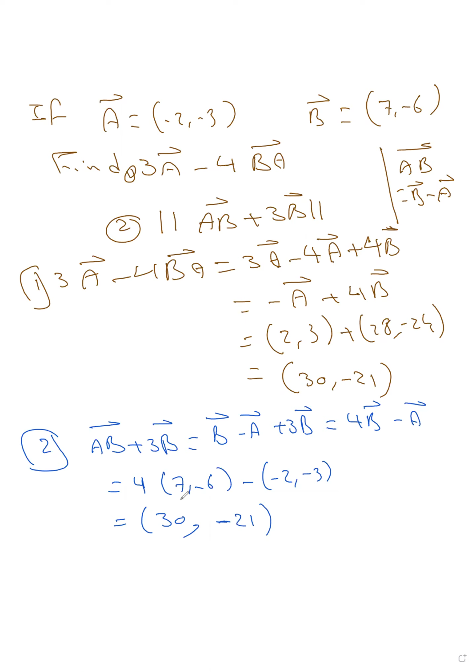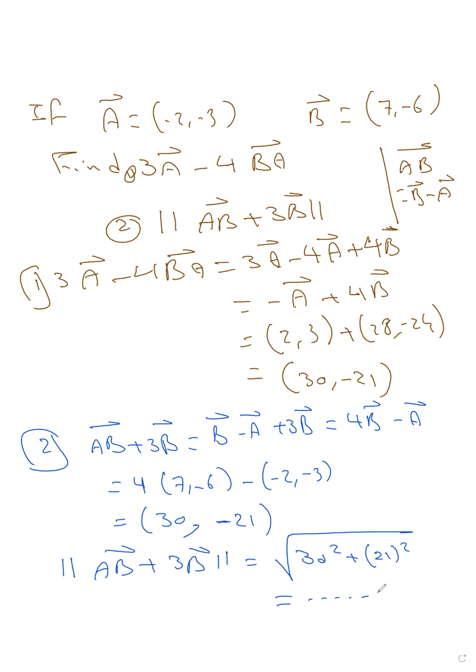Okay. Norm of AB plus 3B will be norm of this one, which is 30 squared plus 21 squared. Okay. في أي مشكلة فيها؟